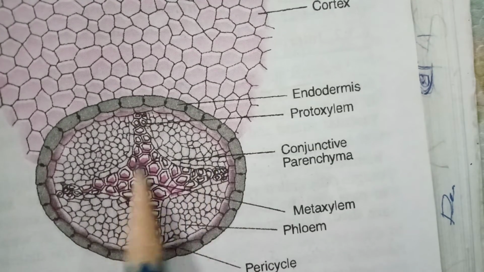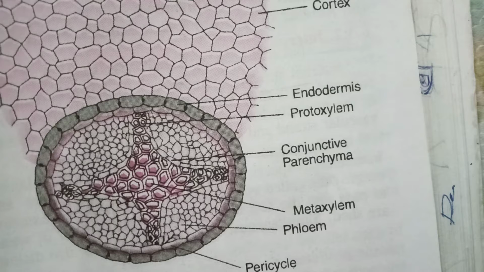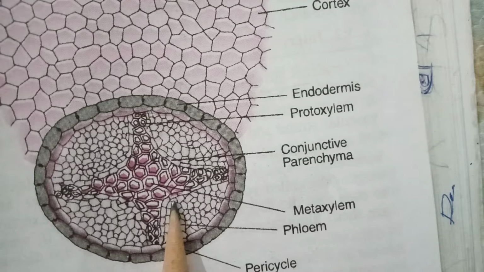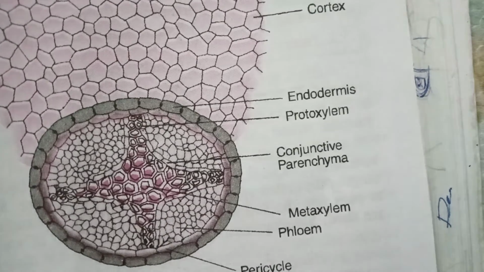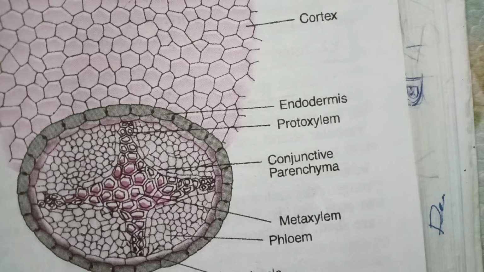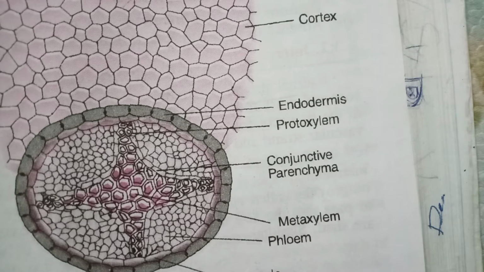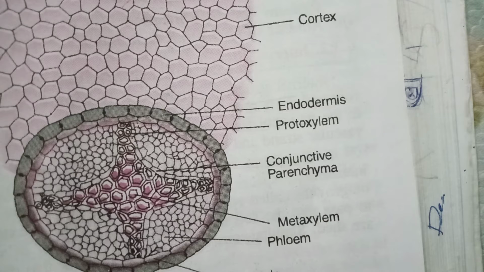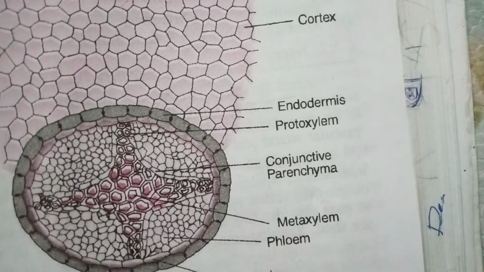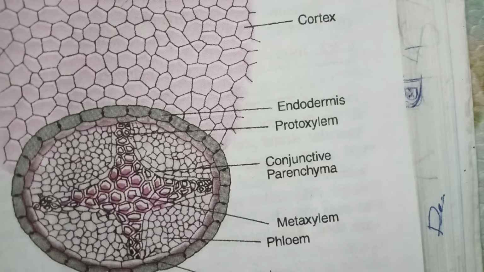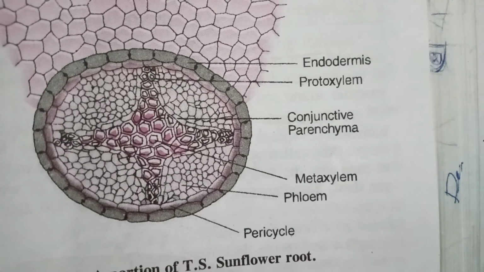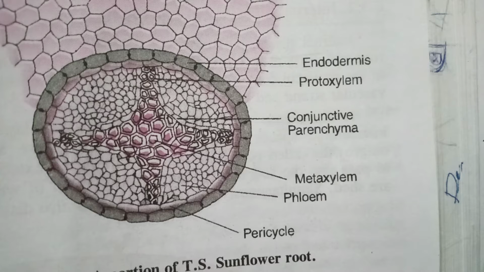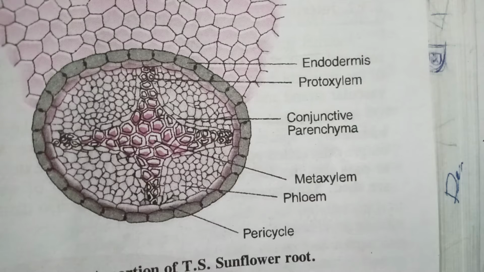Then next is the vascular strand, the middle portion. As you can see in the diagram, here the xylem is exarch, that is, protoxylem lies towards the periphery and metaxylem towards the inner part. If there are two xylem bundles, as in tomato, we call the root a diarch root. If there are three, it is a triarch root, observed in the pea plant. If four, then tetrarch, as in sunflower. If five, pentarch. Accordingly, it is divided into different types depending on the number of xylem bundles.